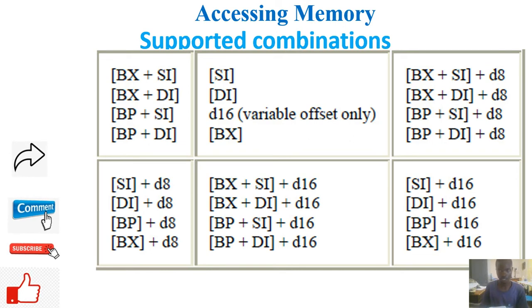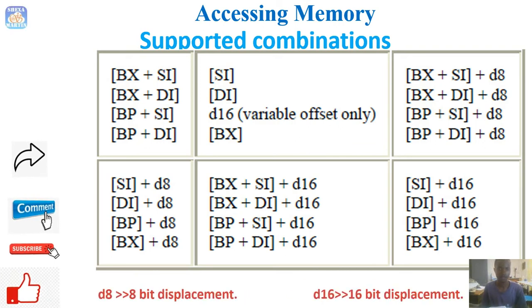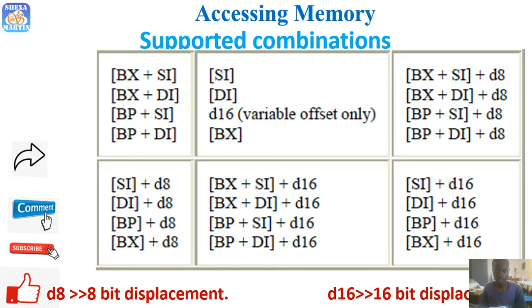The same applies to bx with di with 8 bits, bp with si, bp with di, and 8-bit displacement. So d8 means 8-bit displacement, as stated below. Then d16 means 16-bit displacement. So you can also use single registers like si with displacement, 8-bit displacement. These registers can be used alone